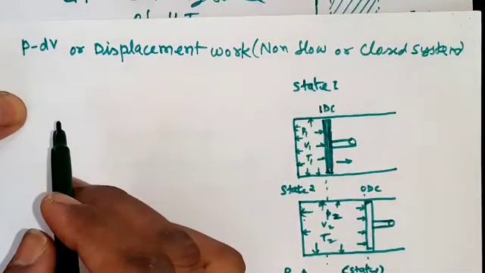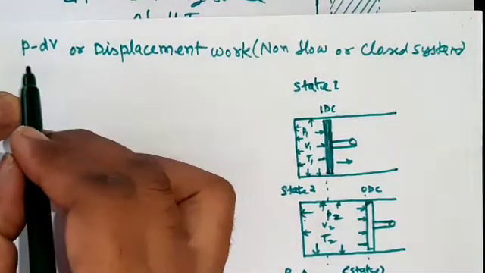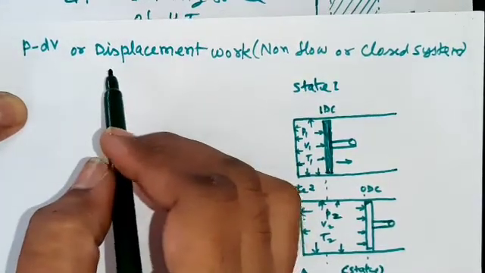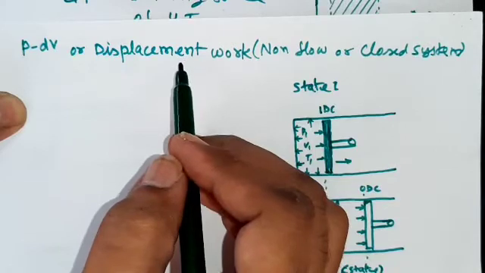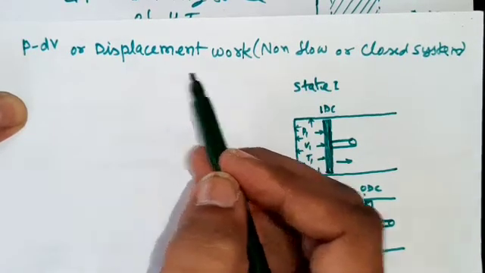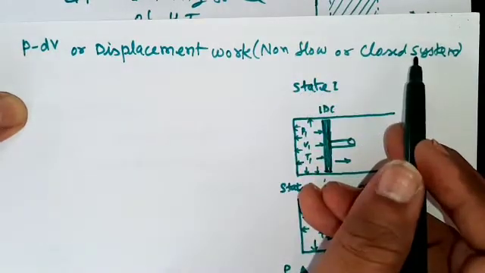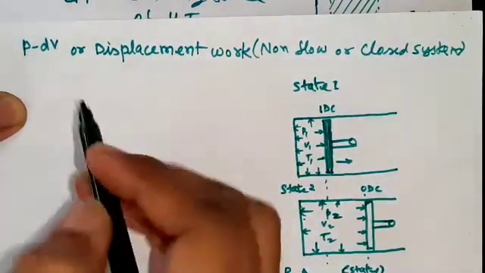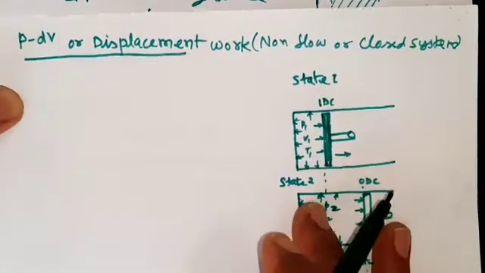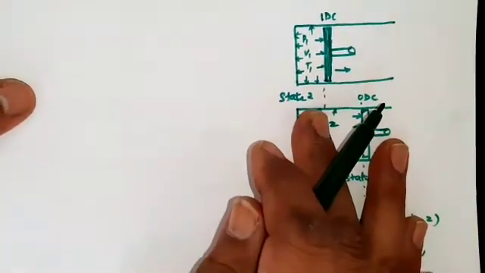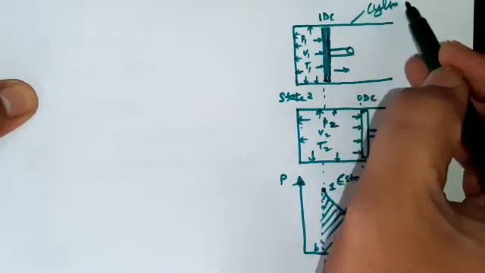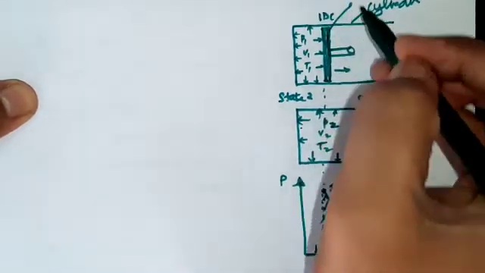Hello everyone. Today we will discuss PDV work, or displacement work of the piston in a cylinder, for a non-flow or closed system. So you can see here in this figure, this is a cylinder. This is the piston,